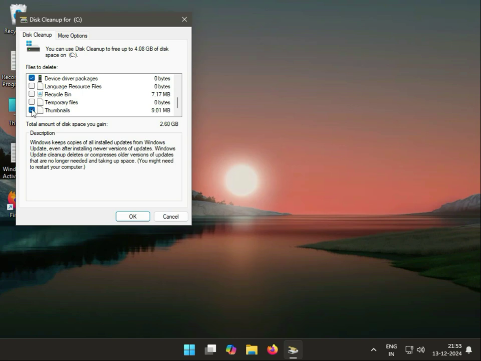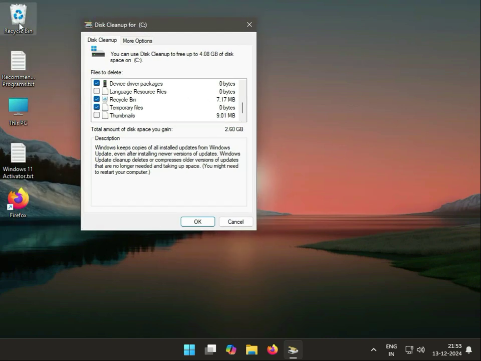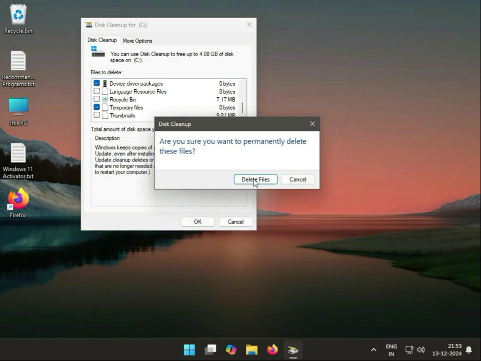Okay, and uncheck temporary files. If you select this one, it will automatically clean your recycle bin. If you have data there, you can uncheck it, and then okay, and then